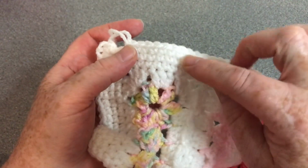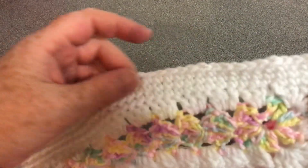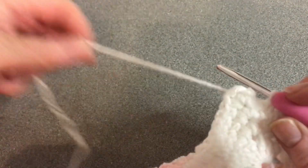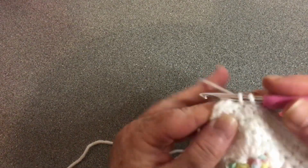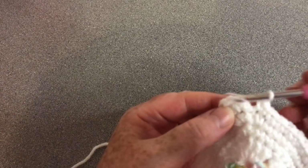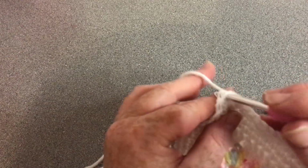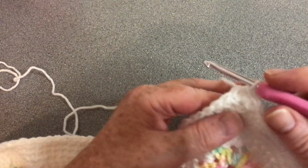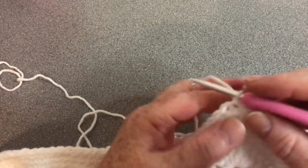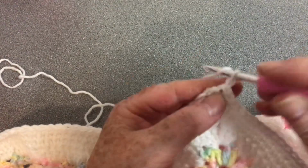So I've done 3 rows and almost back to the start, and I had a little play along here to see what would look better. So I'm just going to do my last one and then slip stitch into my first stitch, and then I'm going to slip stitch into the center one, so I'm in dead center of my corner. Now I'm going to do a triple picot stitch, and I'm going to do it slightly different from what you might have seen before. So I'm going to chain 4,